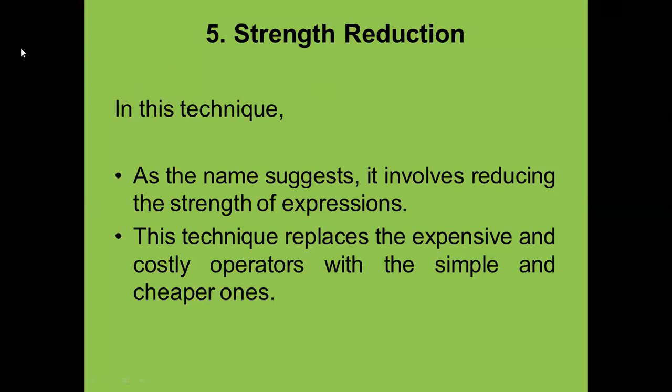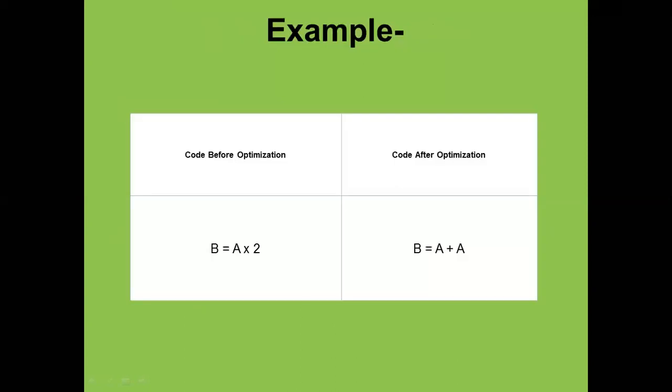We are changing the floating point division by multiplication, and similarly, if there is an involvement of the exponential, then we can change it in the form of multiplication, and if there is an involvement of multiplication, we can replace it by addition. If we are changing such type of operators, then these are called the cheaper ones, or we reduce the strength. So this is also one of the best techniques for optimization.